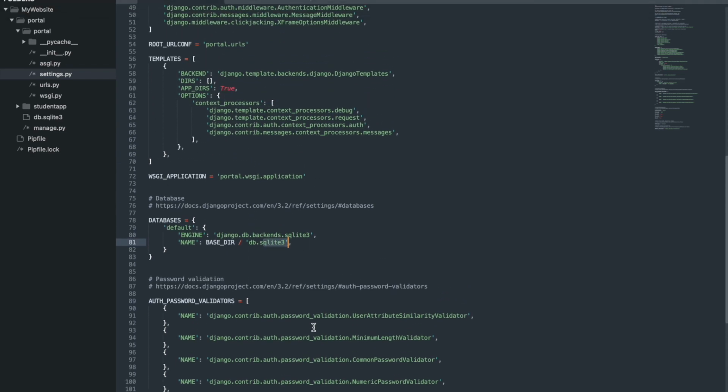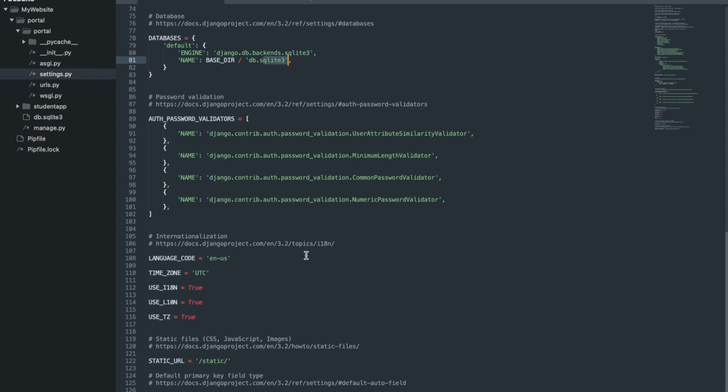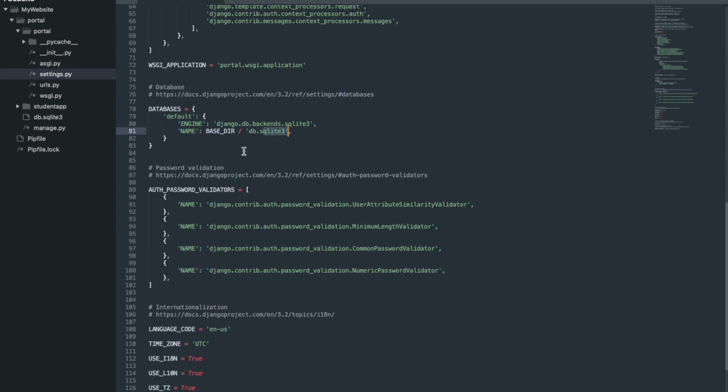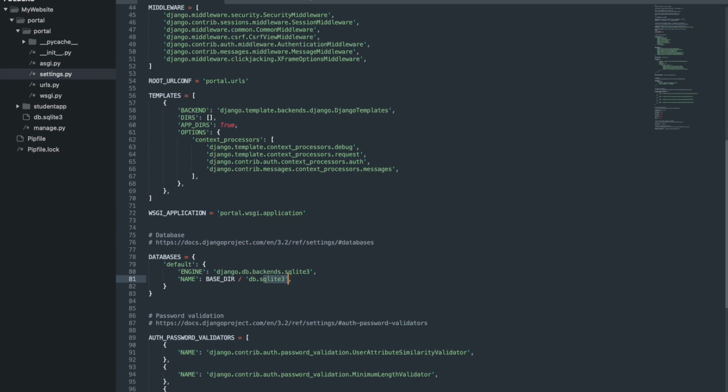If you're using some other database like SQL or something like that, you will have to do the changes over here. Okay, kindly take care of that. Yes. So that's about it for